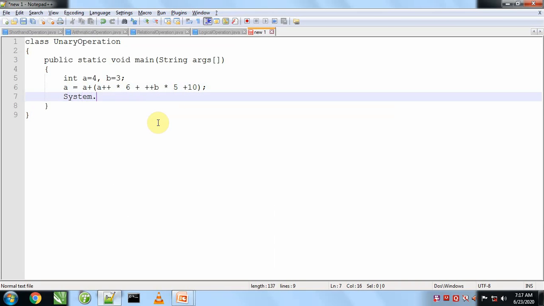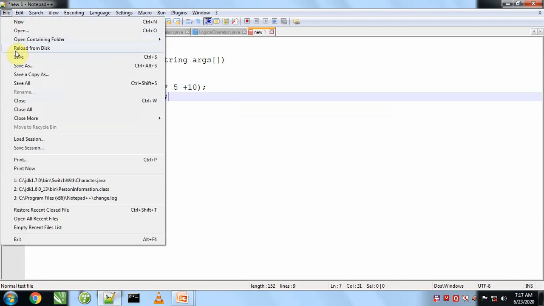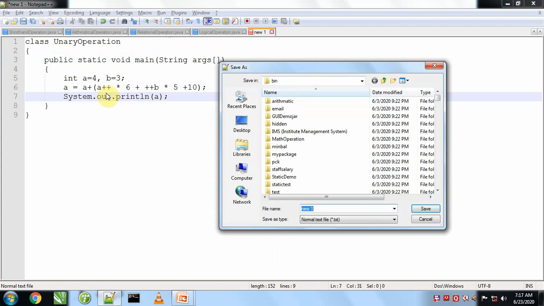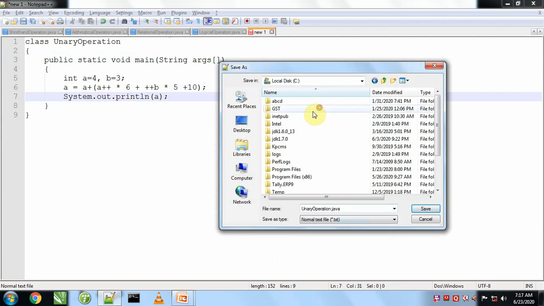Now we will print the value of a. We'll go to File, Save, UnaryOperation.java. To save this program, we will go to My Computer, C drive, open JDK 1.7, and open its bin. Here I will save my program.